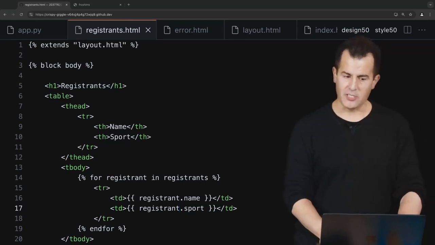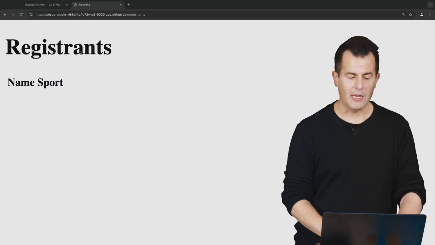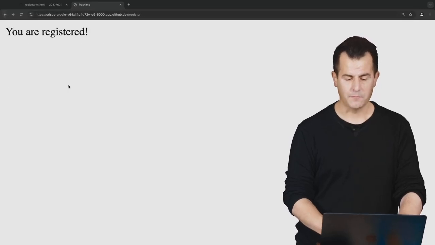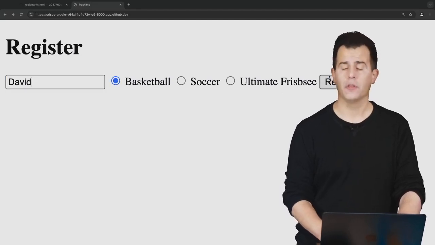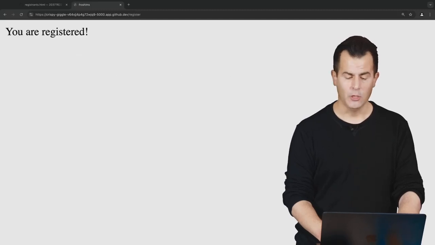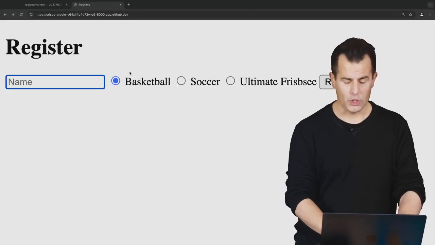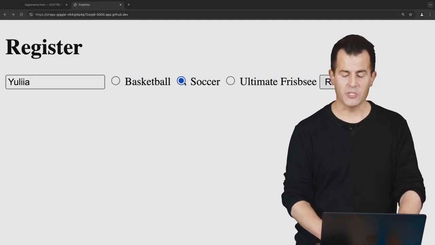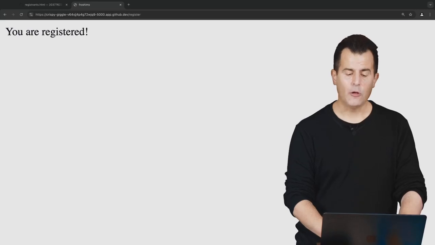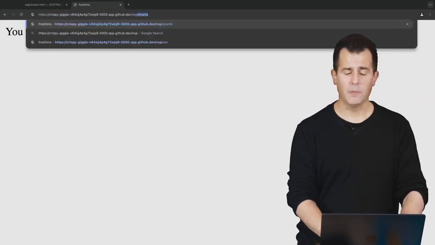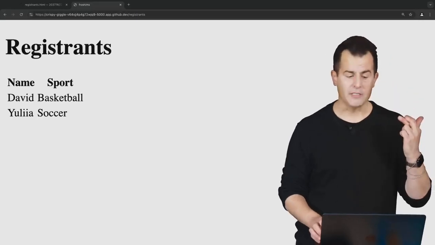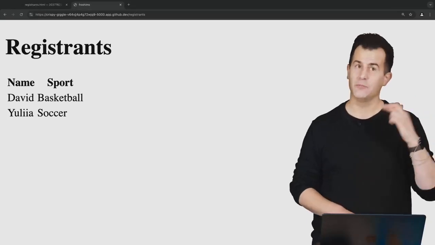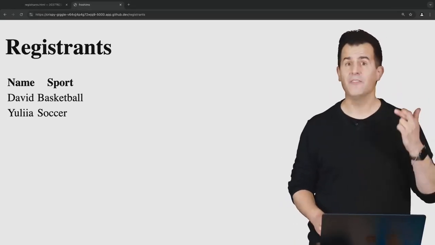And so now, crossing fingers big time this time, let me go ahead and go back to the form itself. Let me go ahead and register myself for basketball because we cleared the memory when switching to SQL. Let me now go back again and register, say, Yulia, this time for soccer, and register. And now let me manually change my URL to be registrants, big time crossing my finger, and there we have it. David and Yulia, I was as surprised as you as it worked this time,